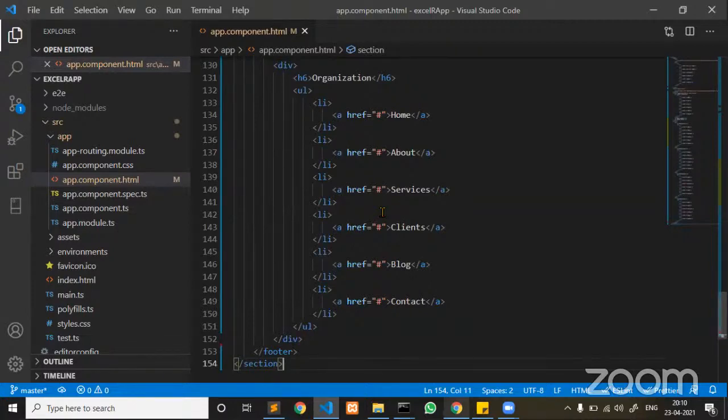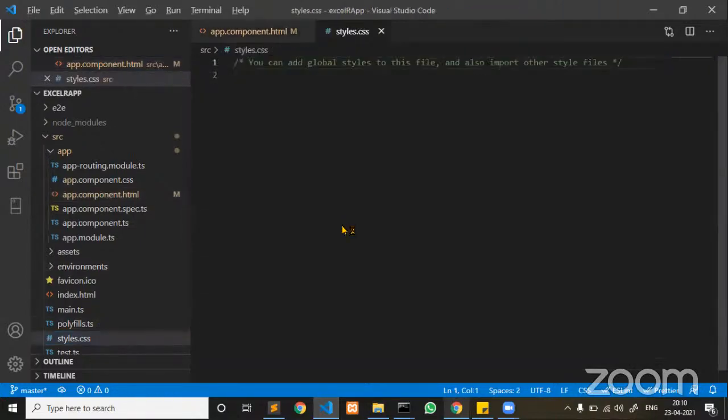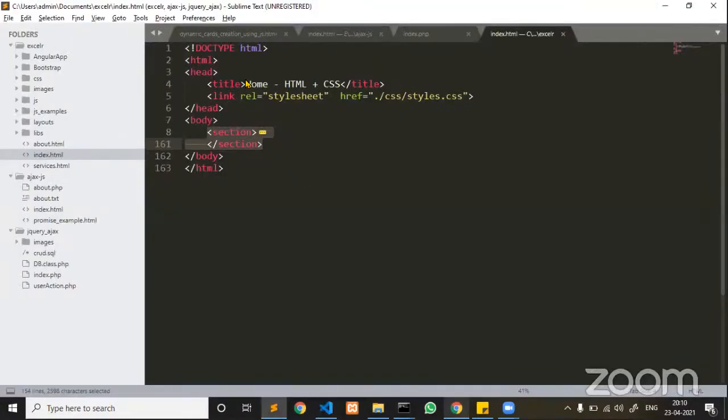But in real time, we should always divide: component CSS we keep in one component, and global CSS we keep inside a global CSS file. Now you see here, this is a global CSS file, wherein my static page CSS, which is there inside the CSS folder,